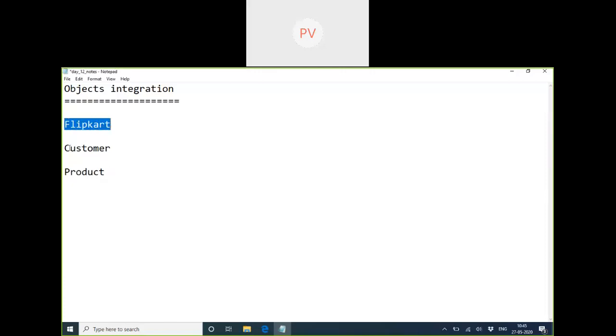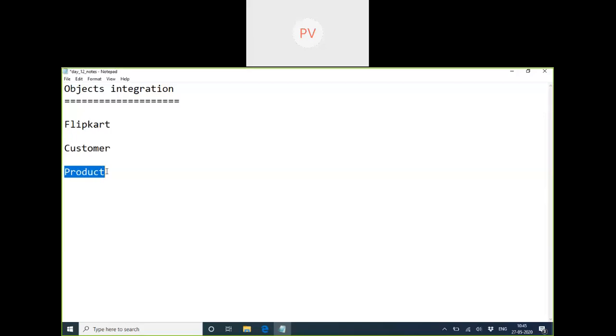Flipkart is where users can register and where products are sold. Customers log in or sign up, and what they find inside Flipkart is a list of products.